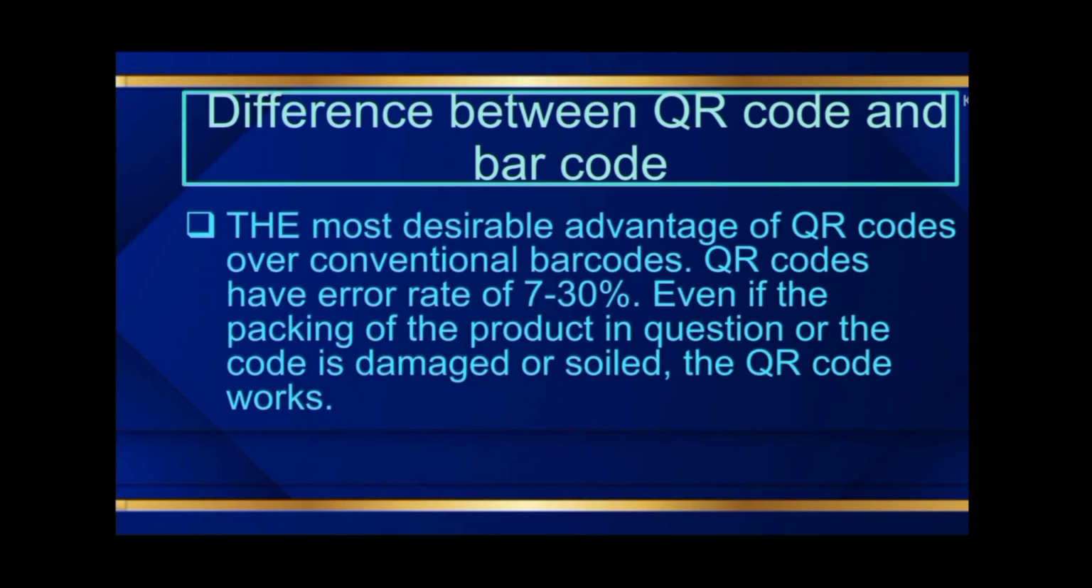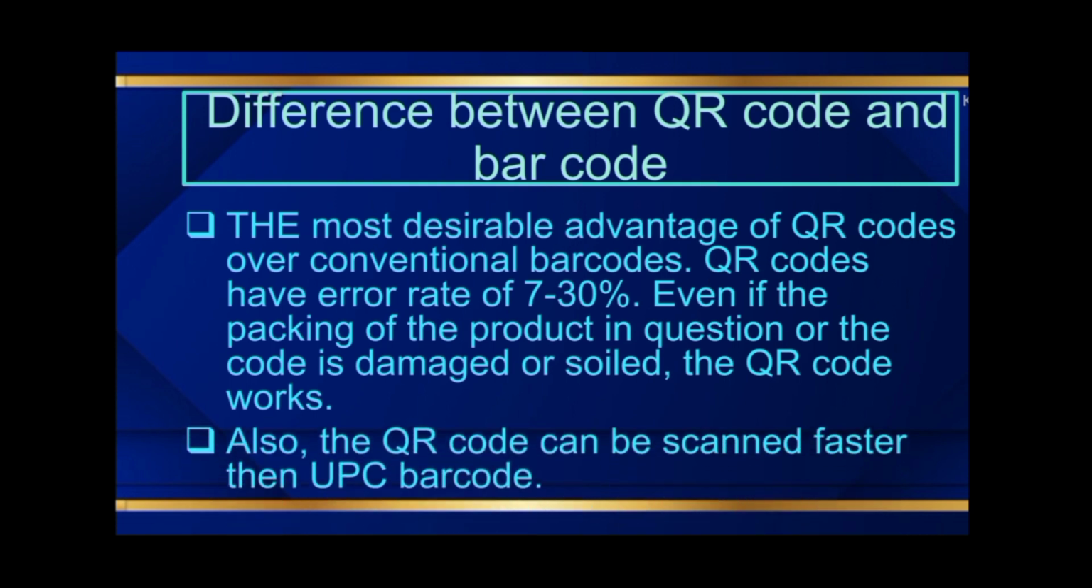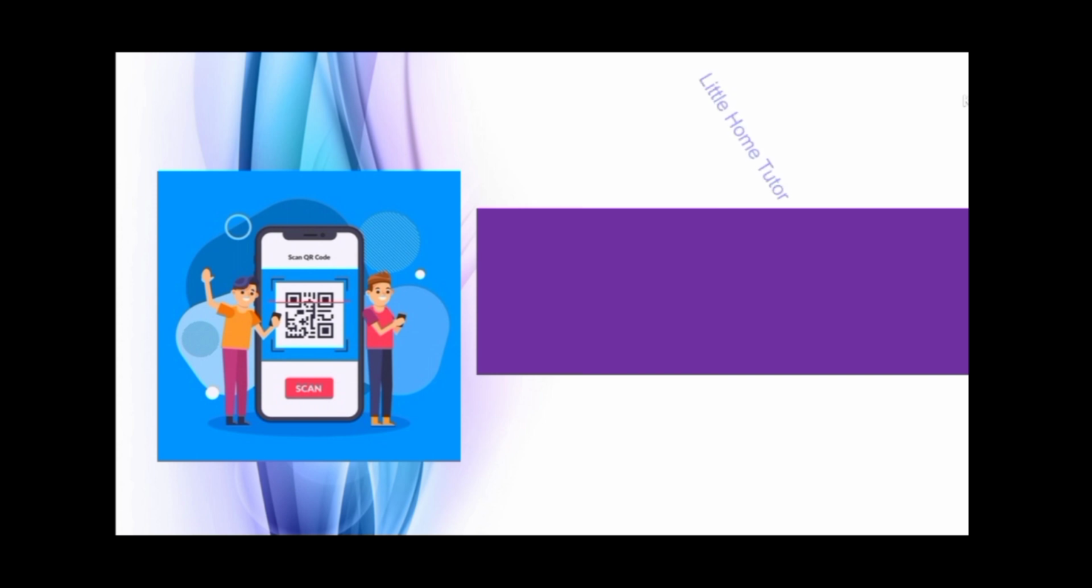The most desirable advantage of QR codes over conventional barcodes is that QR codes have an error rate of 7 to 30%. Even if the packing of the product in question or the code is damaged or soiled, the QR code works. Also, the QR code can be scanned faster than UPC barcode. So our next point is